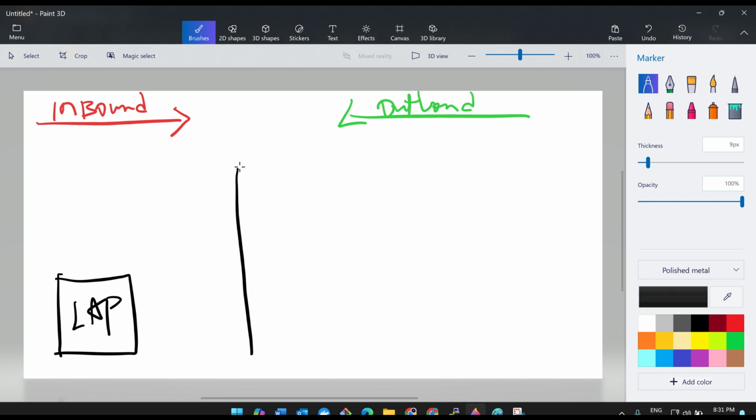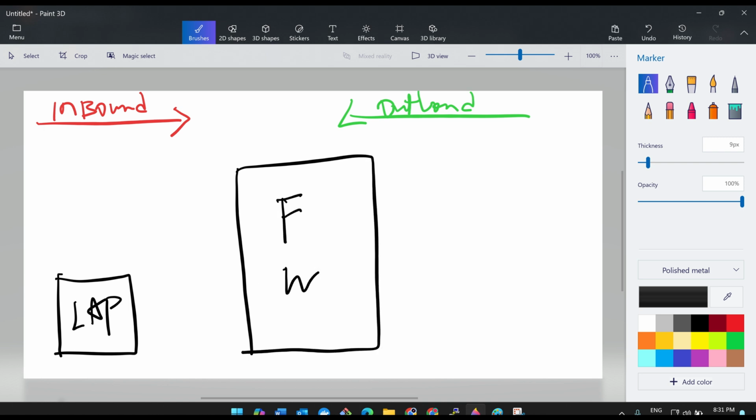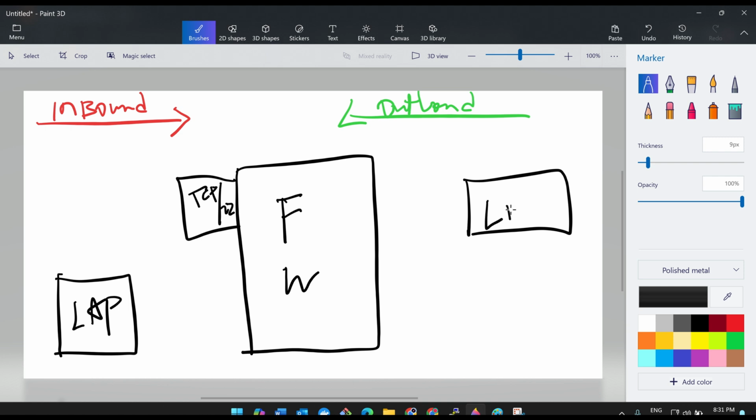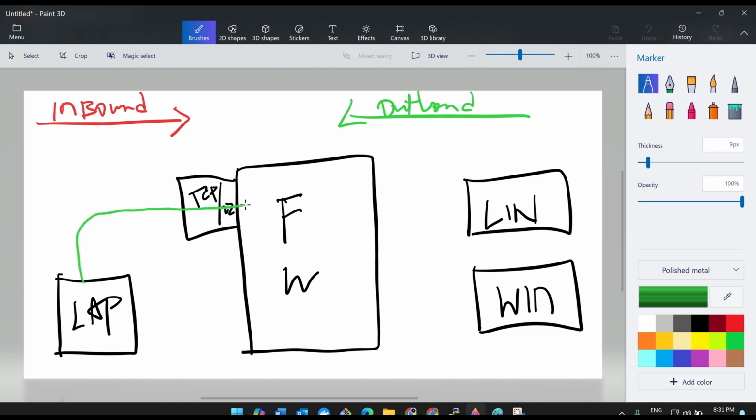Clear? Now there is a firewall here, and we do have a port here which is TCP 22, and then we do have a Linux server here, and then we do have a Windows machine here. Okay, both are virtual machines only, guys. Do not worry. Remember, guys, whenever you connect to your virtual machine, which is Linux, once you enter ssh -i, space, PEM key, space, username at the rate IP address, what will happen is the inbound traffic will go through this TCP port, and once it reaches the Linux server, there will be some authentication. Once the username and password have been verified, then you will be logging into the Linux, and during the time of response traffic, it will again come via that port itself only to this user. So that's why this is called